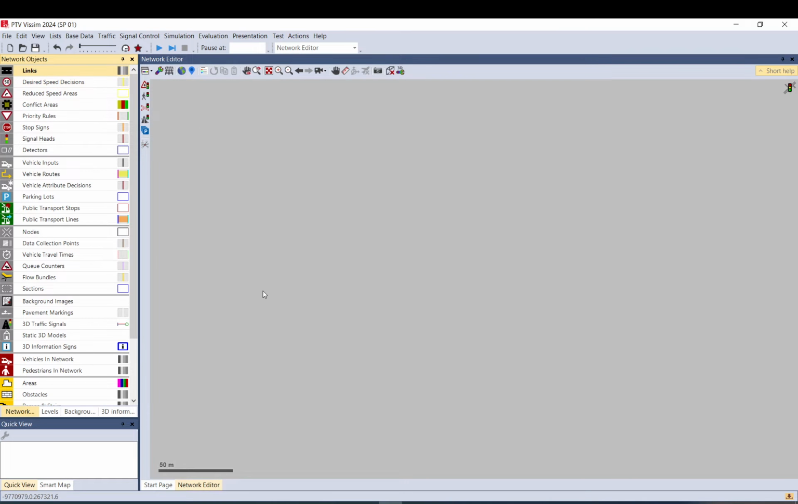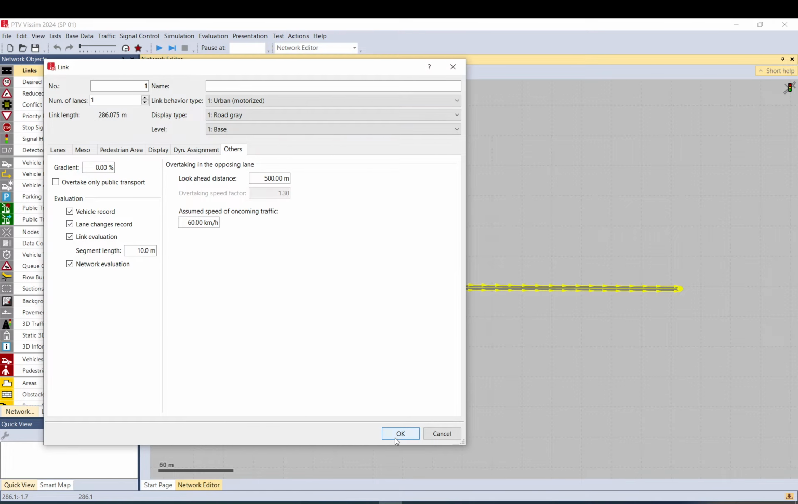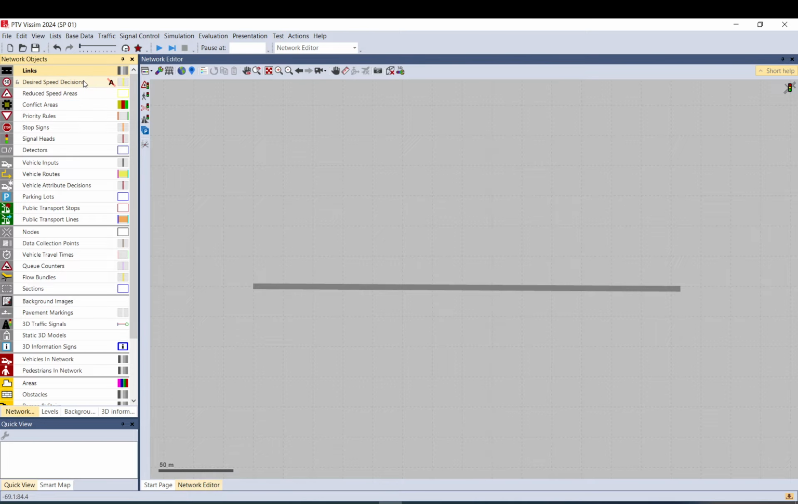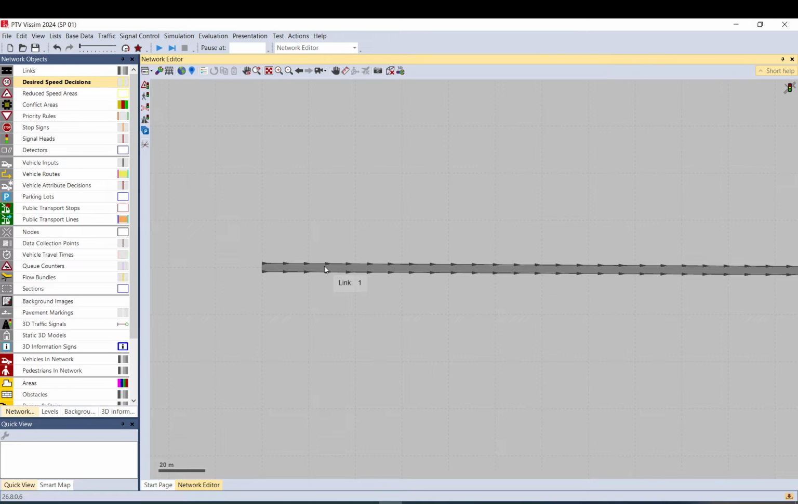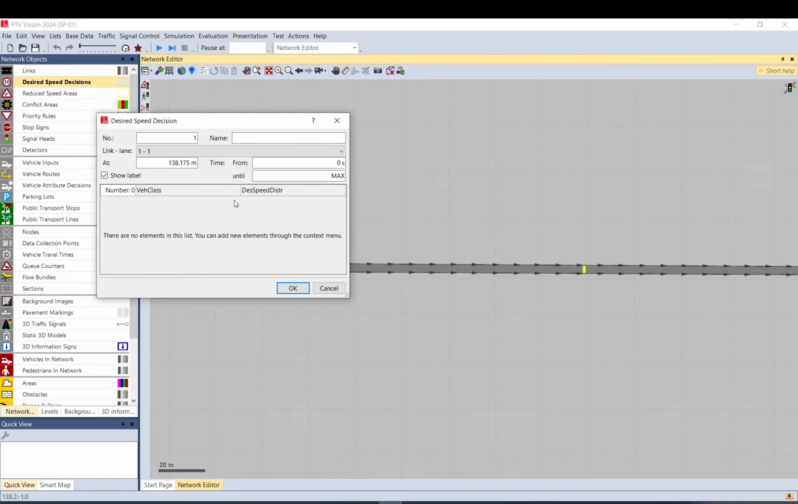So in order to use the desired speed decisions, you need to have a link. What it does is basically the posted speed limit. So this is supposed to be used in that regard. So what you need to do is you basically need to post it where the vehicle will get a new speed. So like here, for example,